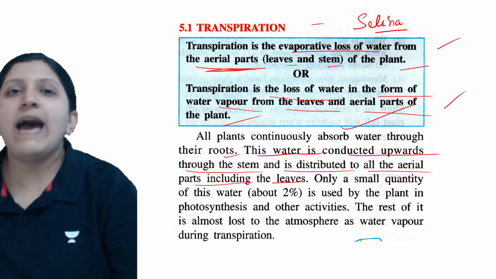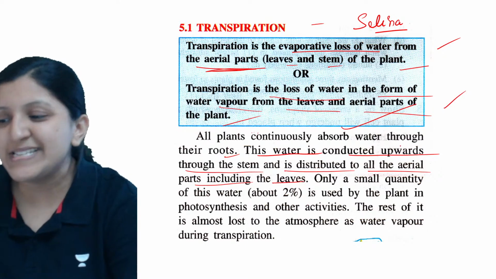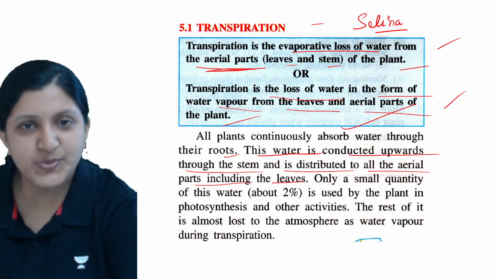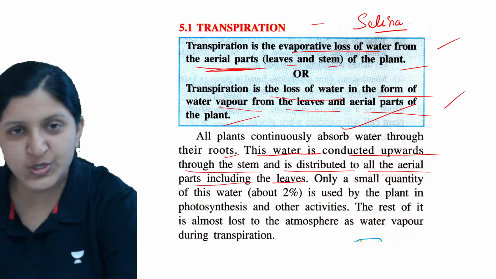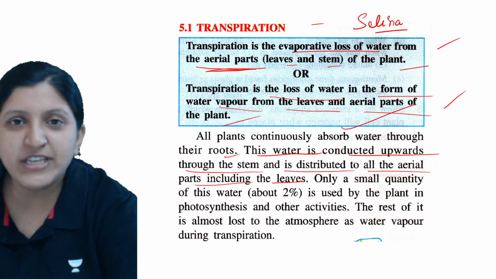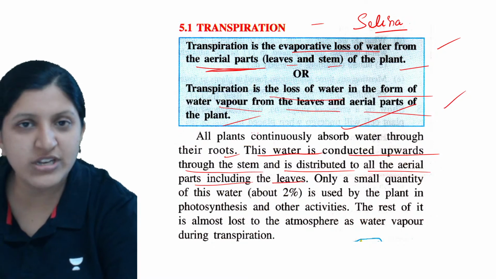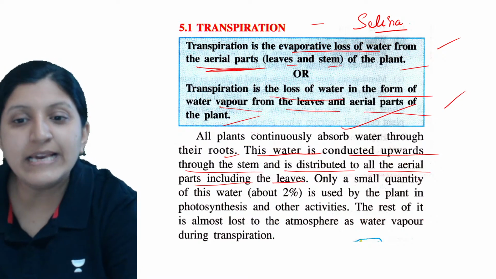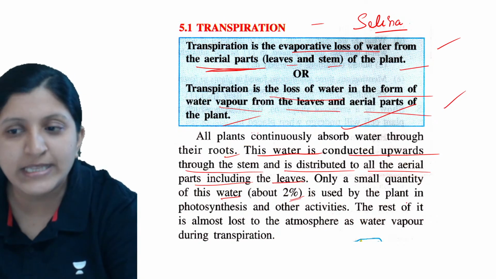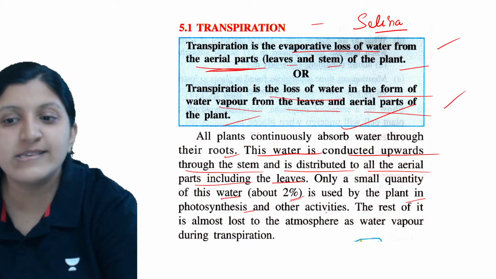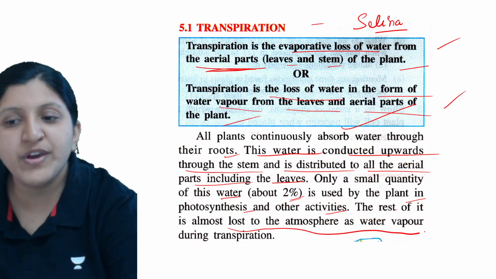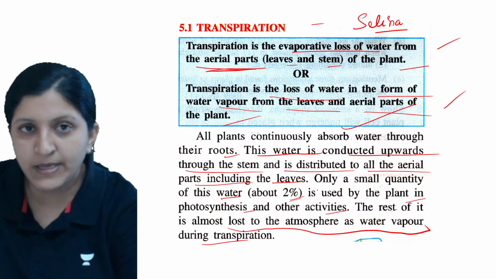So now as we mentioned, this water is conducted. Whatever water is absorbed is transported upward, that is through the stem. Almost all the parts of the plant body, especially the aerial parts, are getting a sufficient amount of water there. Only a small quantity of this water, about 2%, is used by the plant in photosynthesis and other activity. The rest of it is almost lost to the atmosphere as water vapor during the